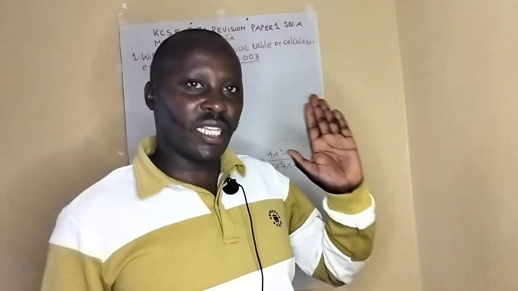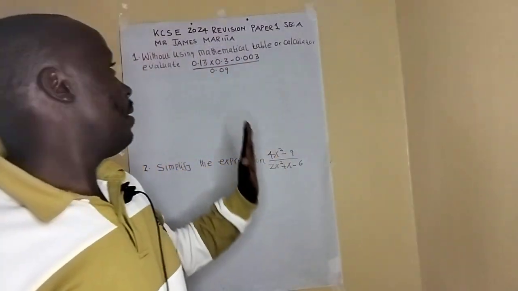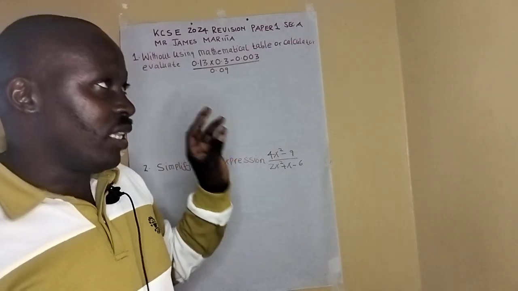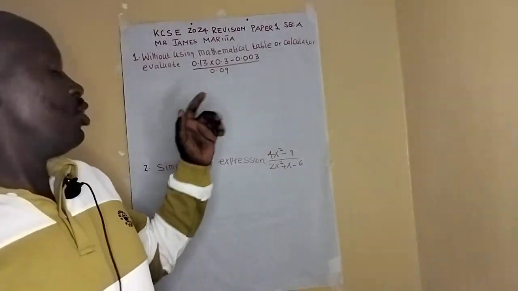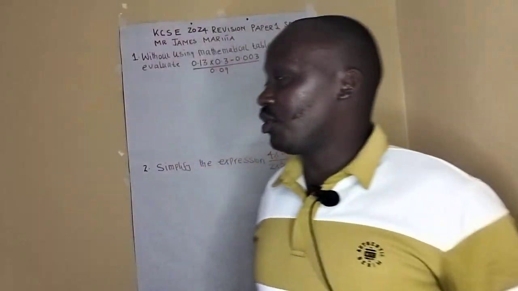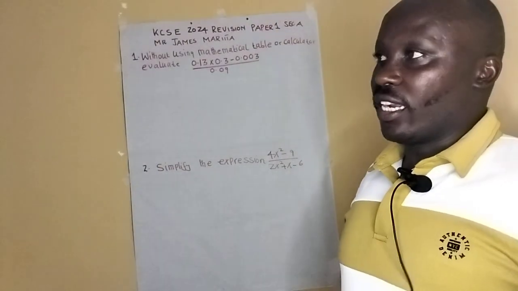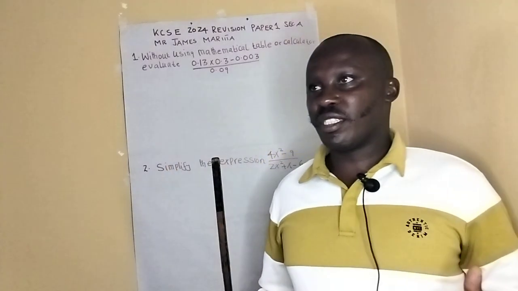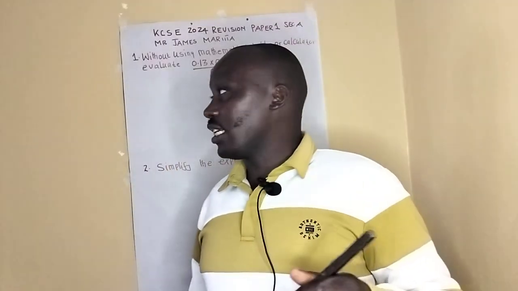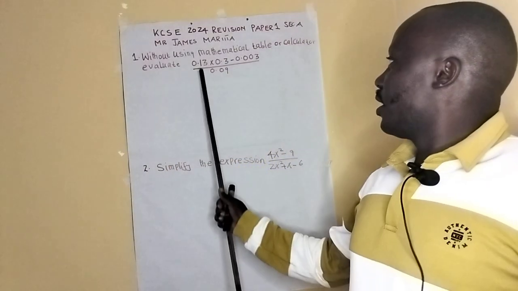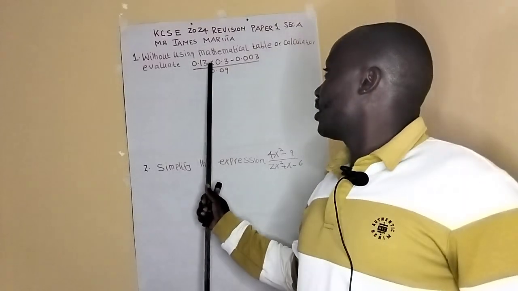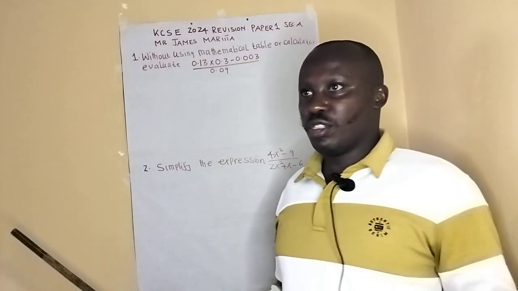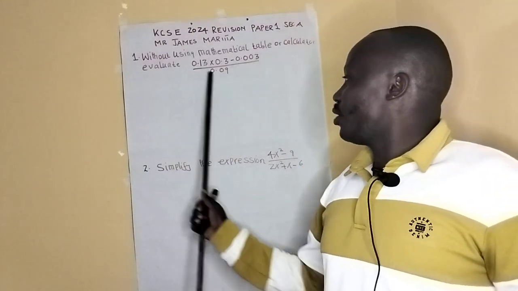We are looking at a revision paper 1 of KCSE 2024. There is question 1 and 2. So question 1 of KCSE 2024, the candidates were given an instruction not to use a mathematical table, not to use a calculator, to evaluate 0.13 times 0.3 minus 0.003, then the answer you divide it by